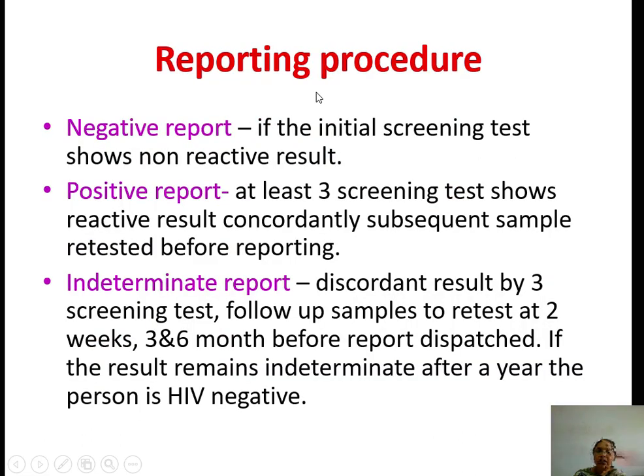Now what is the reporting procedure? These are the important tests for HIV: the ELISA test, different types of ELISAs, the antigen capture test, PCR, P24 antigen test, then the TRIDOT test, the immunofluorescence test, and radioimmunoassay. They are very important tests, but as soon as we receive the patient, first we go for the screening test and then for the confirmatory test.